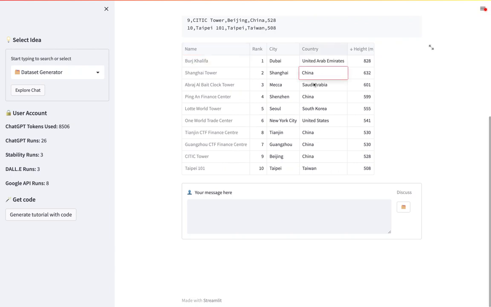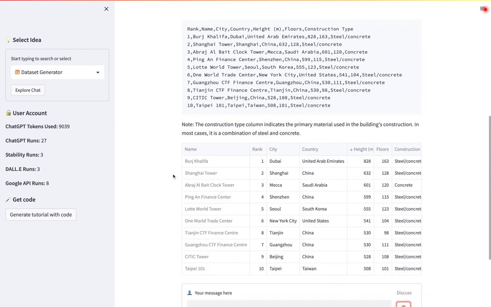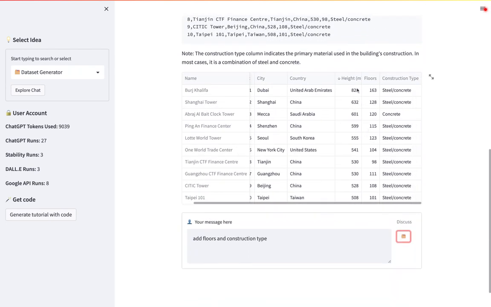and we can even enable editing of the data set at some point. But for now, let's add to the data set. So add floors, and let's say construction type. So again, it remembers the context, and it just simply adds to the data set that it has already generated for you. And there you go. So there's now a data set with height, floors, construction type, as a pandas data frame, which is available programmatically